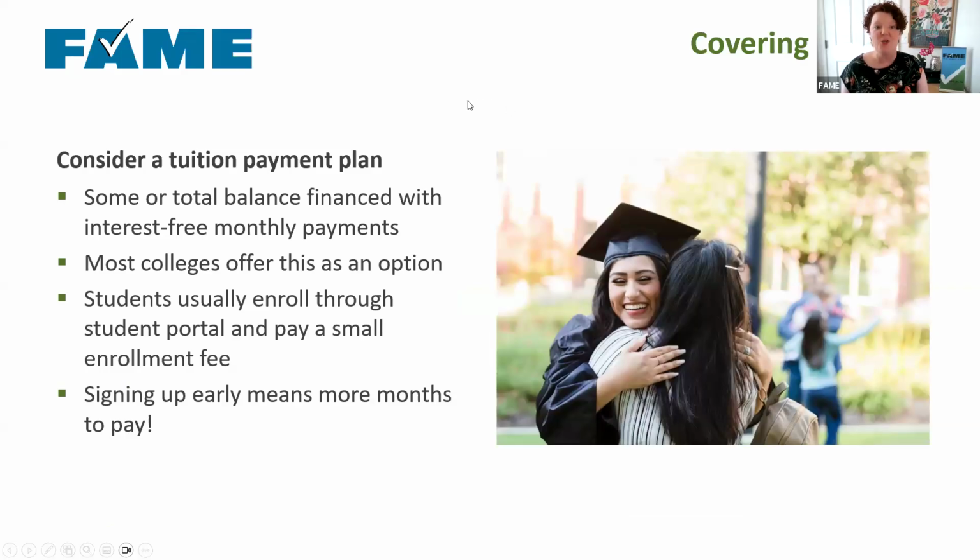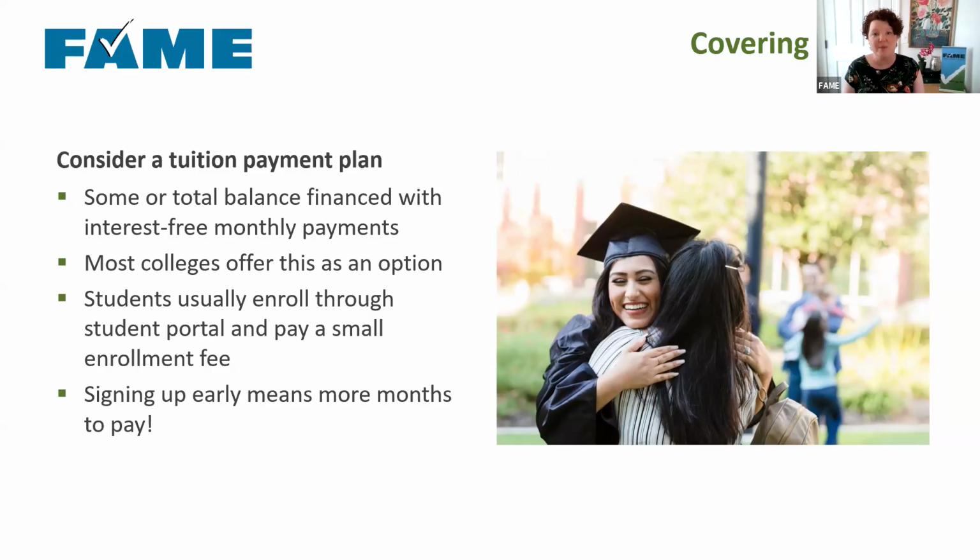Now we're going to chat about tuition payment plans. So this is where, after you've done all the rest of that work, you have figured out what you can pay up front, which is summer savings. Are parents going to help? Do they have any cash saved that they can pull from their savings to help cover costs? Or are grandparents going to help? And now you've got this bill left. So maybe you started with $10,000, but now it's $3,000. And you don't have that $3,000. It's not in savings. It's not easily accessible. This is where you talk about a payment plan with the college.